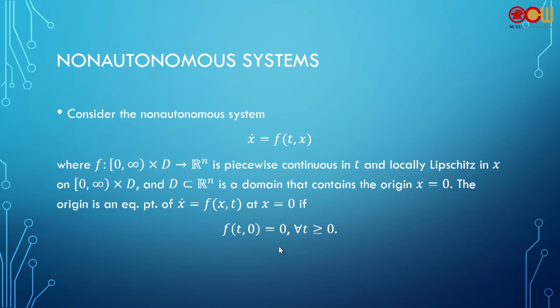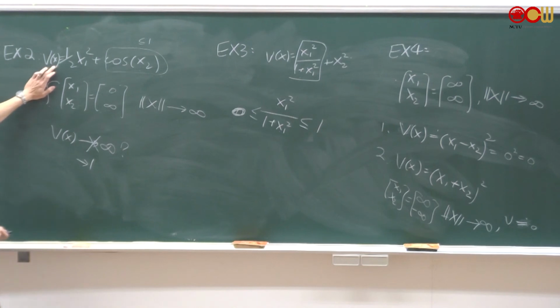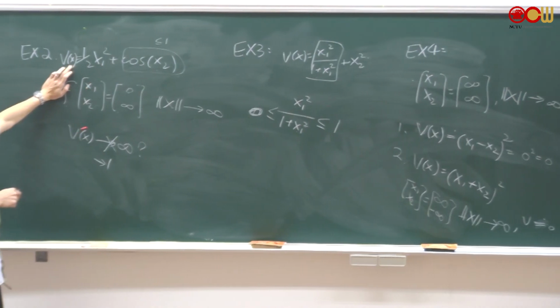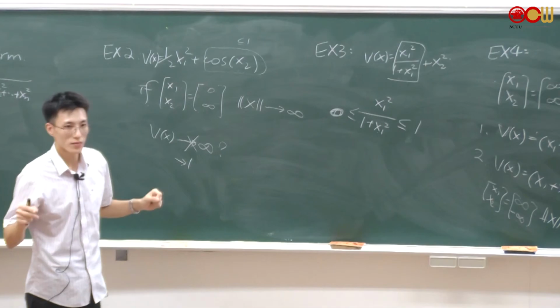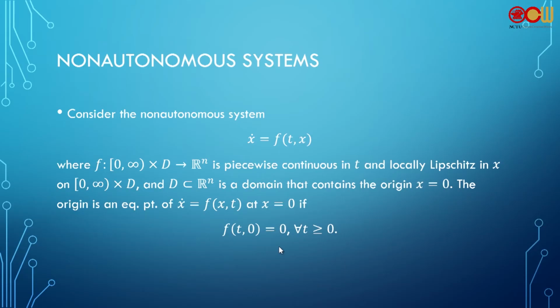Before these slides, we only discussed autonomous systems, where we assume the dynamics are not explicitly a function of time. But for non-autonomous systems, usually the dynamics explicitly depend on time. So they require other theories to prove stability. In the next few slides, we will define some functions that will be used to prove stability for non-autonomous systems. We defined non-autonomous systems before, right? The dynamics explicitly depend on time.